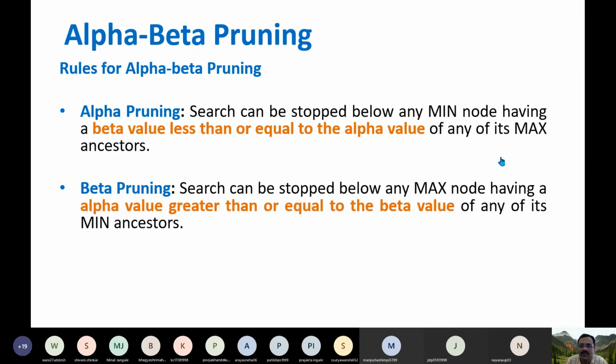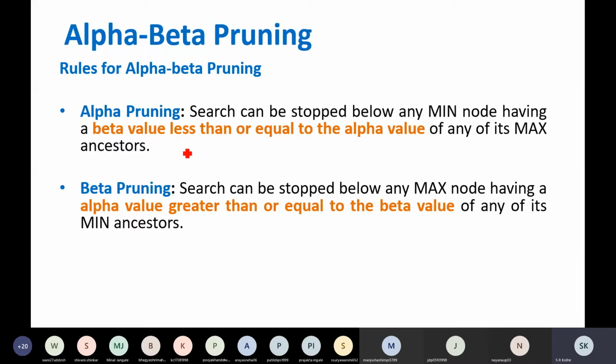If that is the case, you are going to prune the corresponding branch. So let us first understand these two rules.